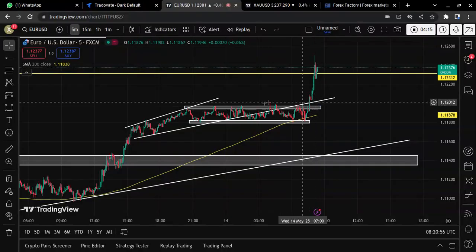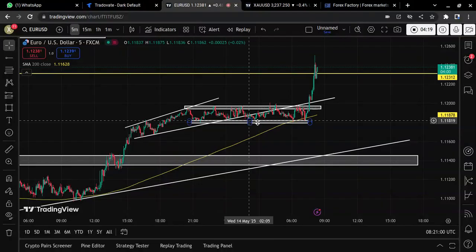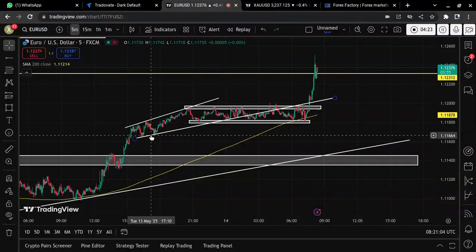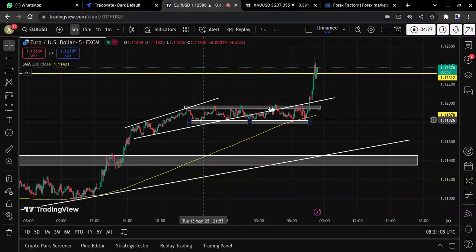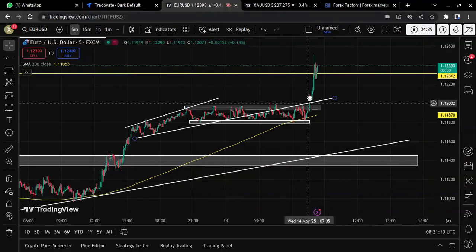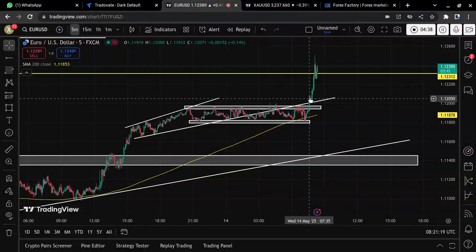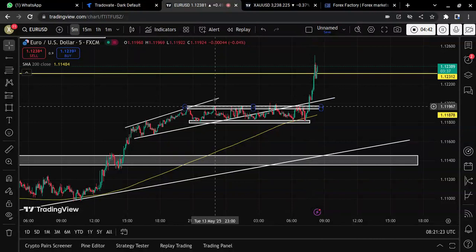until it eventually pulled out from this range that I drew here, this resistance and support zone, and automatically got back into this support trend line that I drew here as well. You can actually see it breaks out and entered into the support trend line. So I actually had to enter more position at this zone here because now it's inside my support trend line. So I know for sure it's still